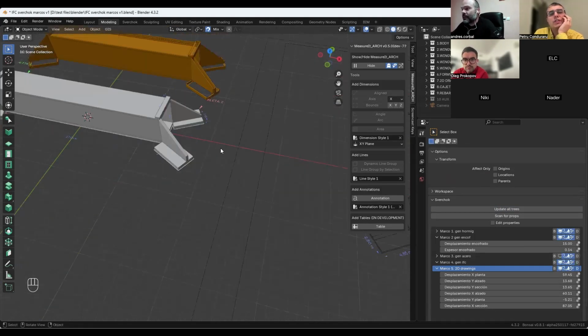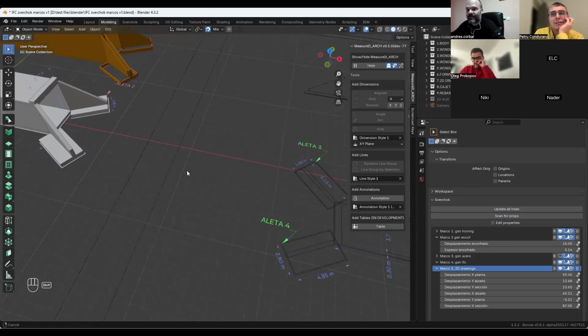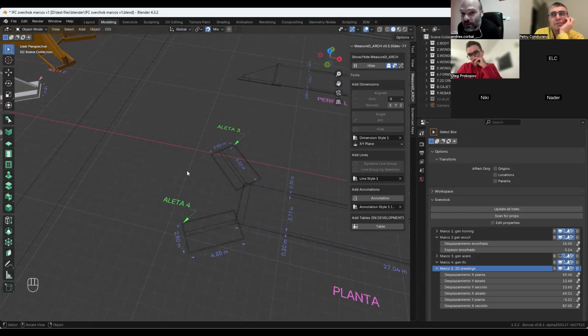So they are inside the element. And you can do the same in Bonsai, right? You can add dimensions in Bonsai. Yes, yes. And you can use Sverchok in Bonsai. I don't know if that will lead you to save two files, the blend file and the IFC file. And I didn't try it because I wanted to keep things separate, because it's more difficult. But you also have the option.